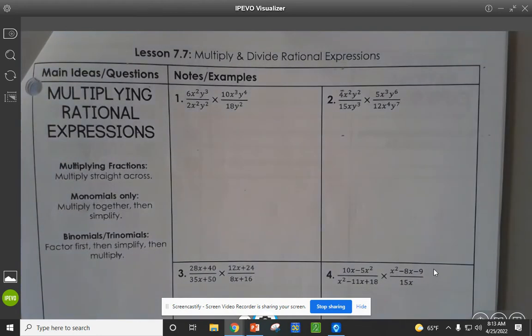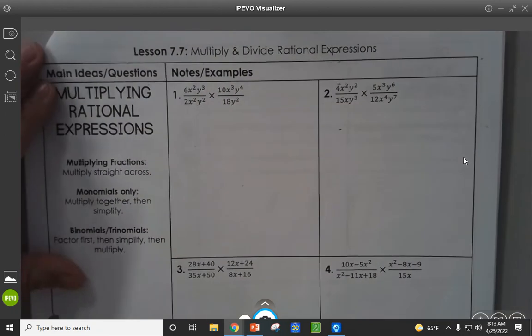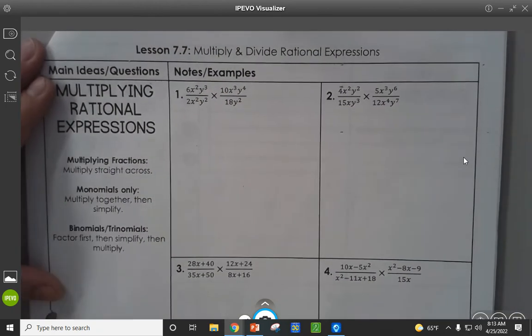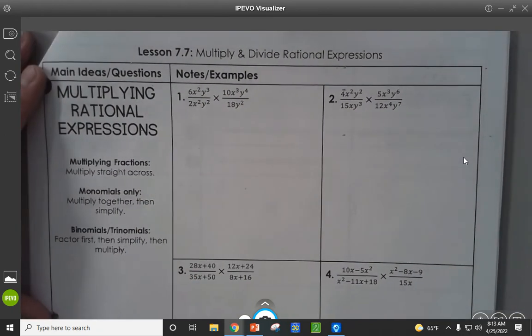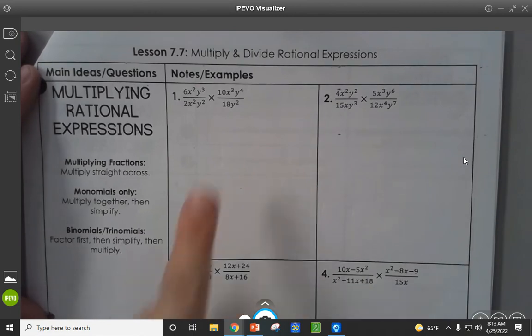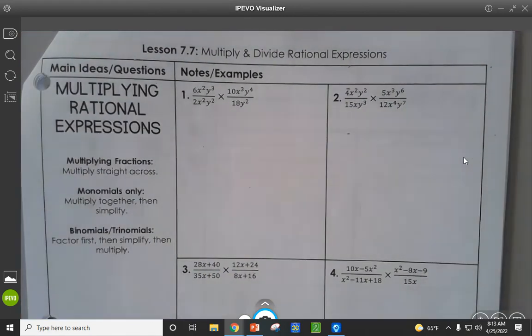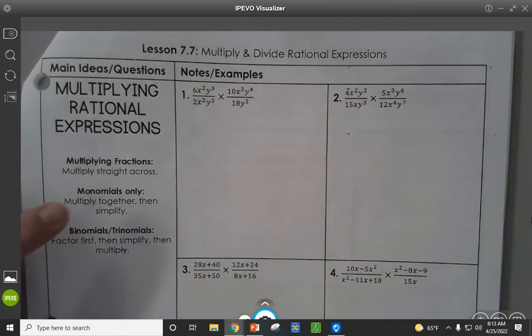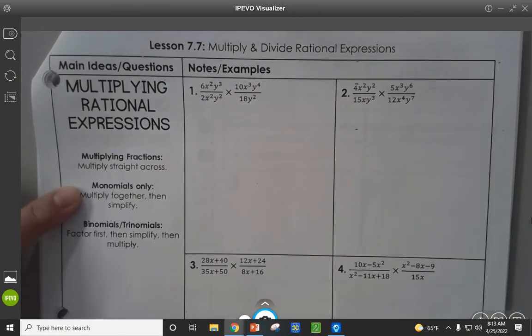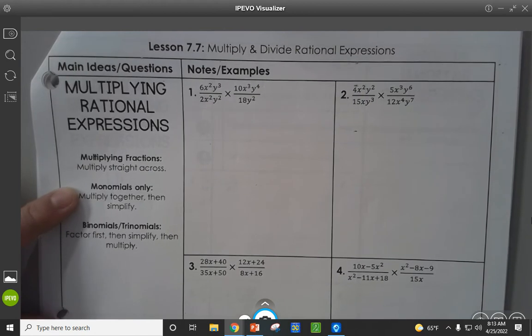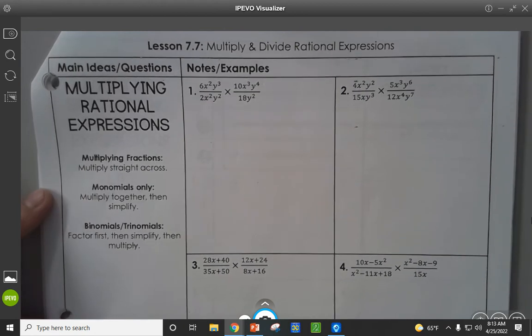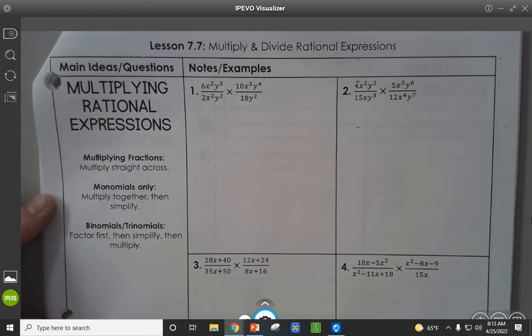Right, so we're going to do multiplying and dividing rational expressions. When you multiply fractions, just in general, you multiply straight across. So you multiply the numerators by each other and the denominators by each other. If your rational expressions are only monomials, like questions 1 and 2, go ahead and multiply straight across first and